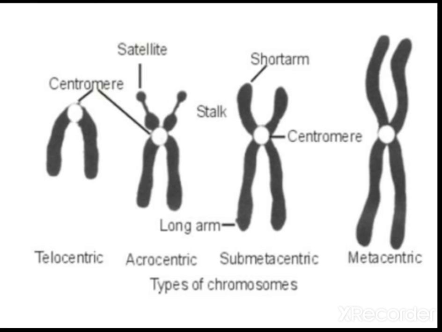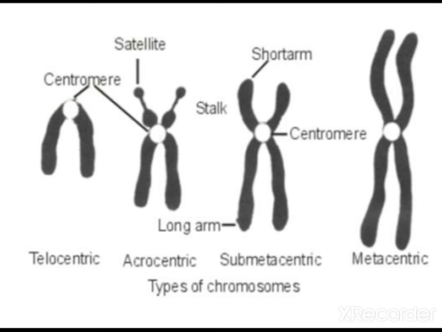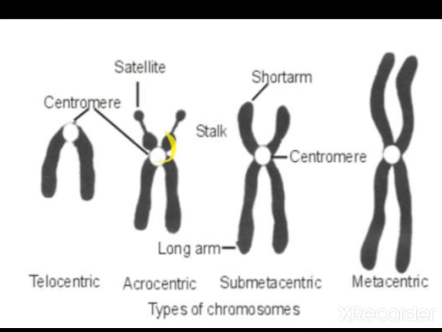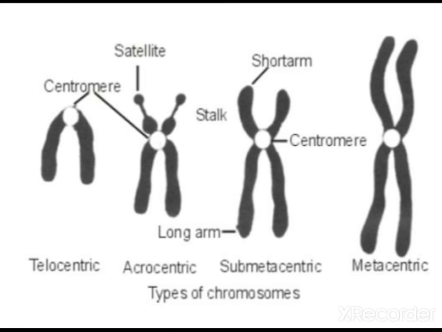So, this is the centromere of the chromosome. In telocentric, it is towards the extreme side. Acrocentric, a little bit below here. This is in the center, metacentric. In submetacentric, a little bit above the center, like that. On the position of the centromere, we can classify the chromosomes into 4 categories: telocentric, acrocentric, submetacentric, metacentric. Here the very smallest arm, you call that satellite chromosomes also.